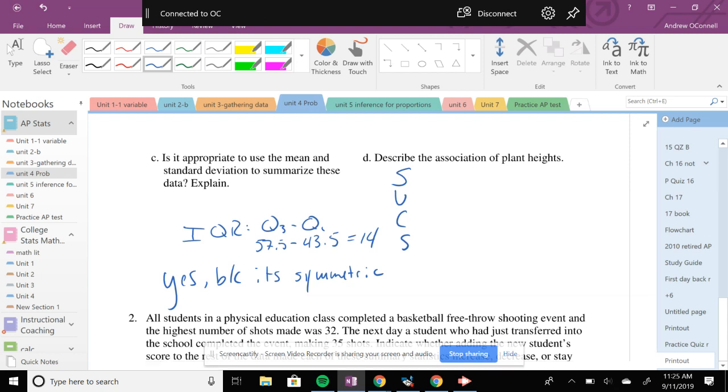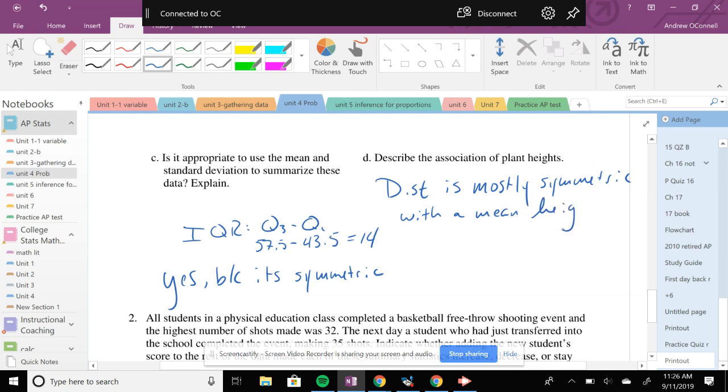C? Center. Other S. Spread. Right. So comment on all of those. So we'll say the distribution is mostly symmetric with a mean of 51